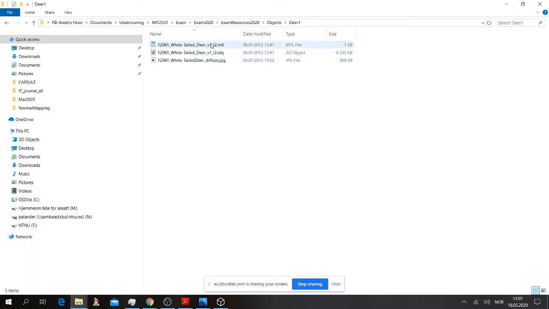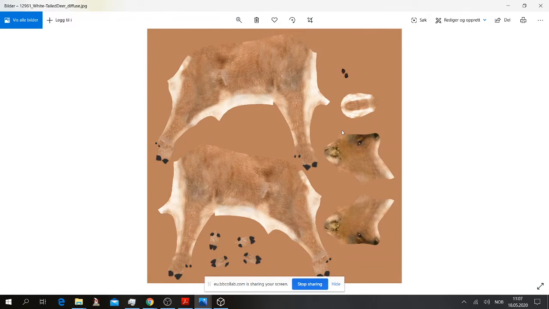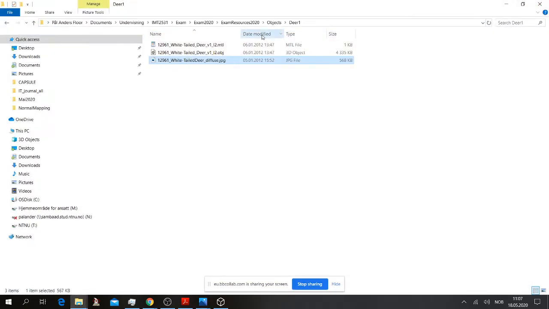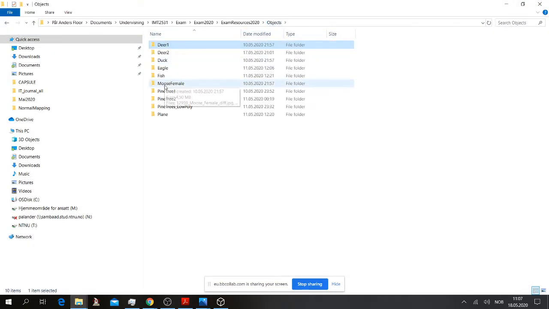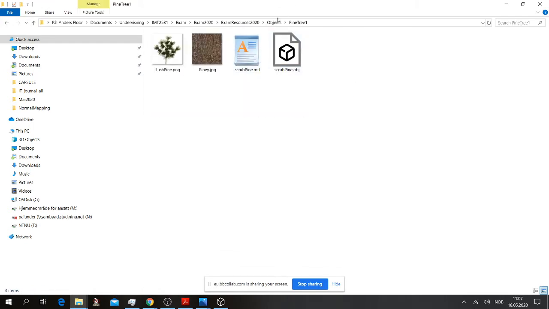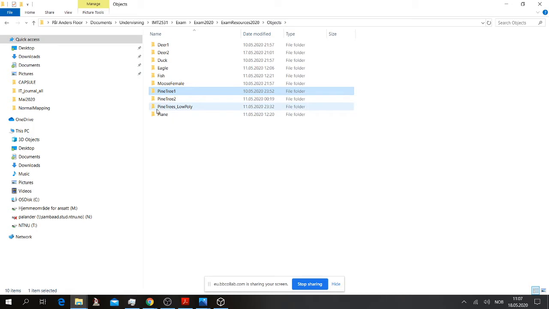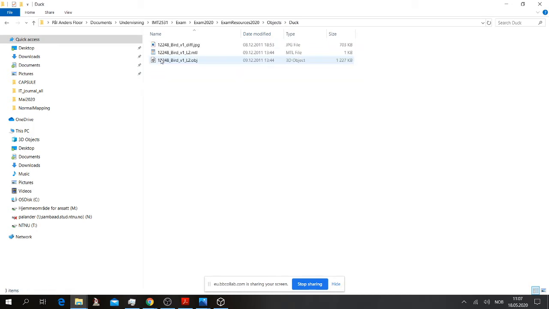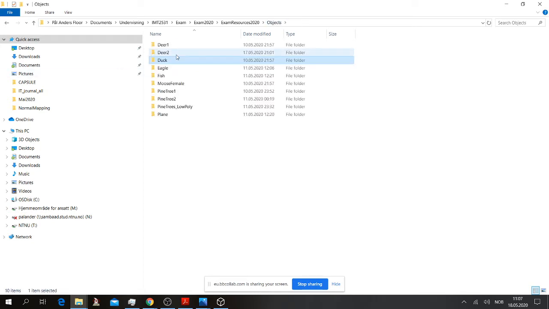Some have MTL files and these textures you can put on after you loaded the model. Some have both. Some have just MTL files, I think, like this pine tree. And then you have those that have just the possibility to load textures afterwards. There should be a little bit of each here, so you just have to look through them and figure out.